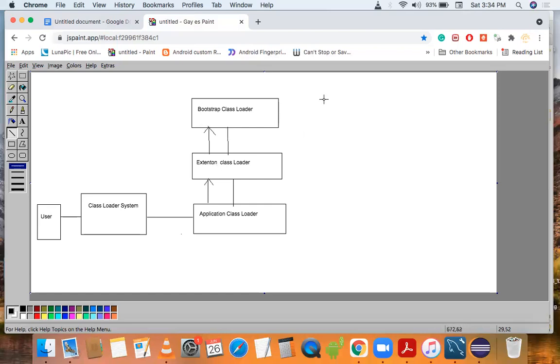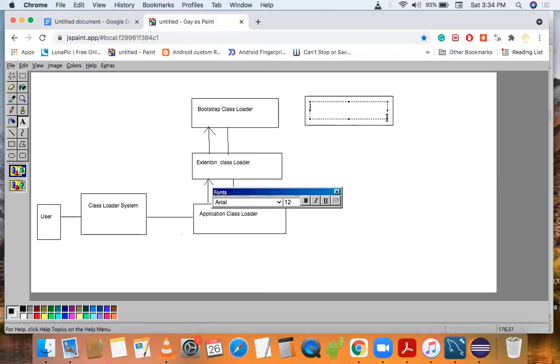Then it will search. Firstly, it will search in this path: JDK, JRE, and library.